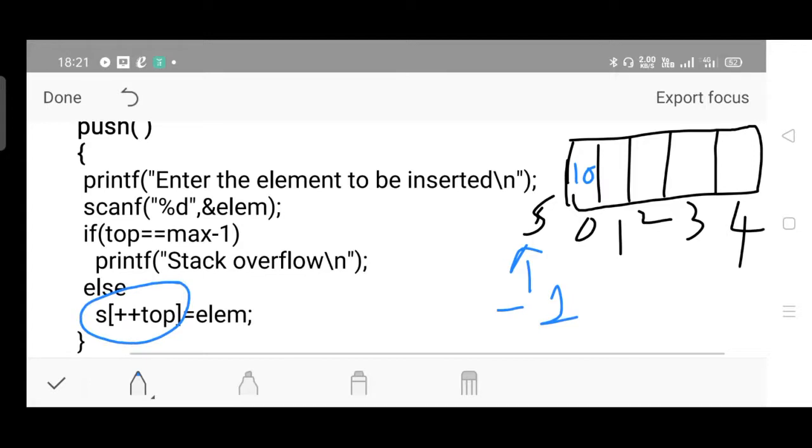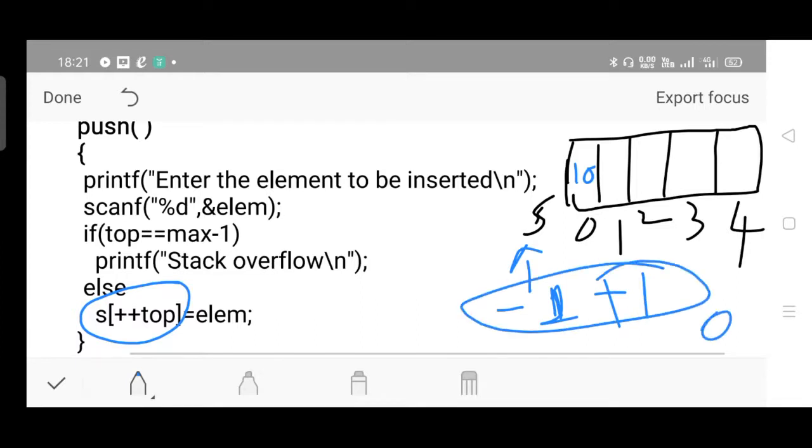Pre-increment, then insert the value into the location. First increment, so -1 will be updated to 0. -1 plus 1, what will be the answer? 0 is the answer. So your pointer will be locating to place 0. Which element are you inserting? Say you have entered 10, 10 you have inserted.